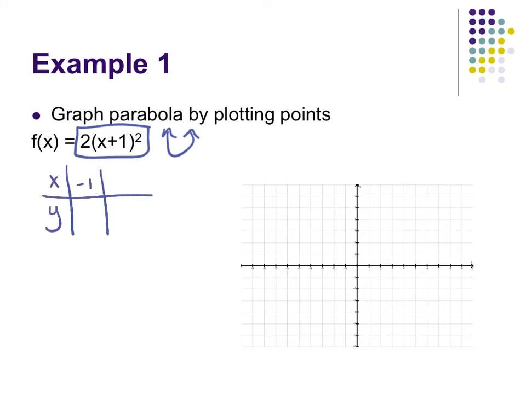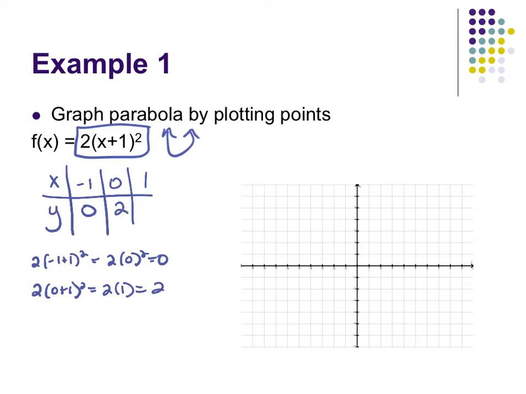I'm going to plug in like -1, 0, and 1. If I plug in -1, I get 2 times 0 squared, which is 0. If I plug in 0, I get 2. If I plug in 1, I get 8. Negative 1, 0. 0, 2. 1, 8. So now I know this is supposed to be a parabola, but I only have one